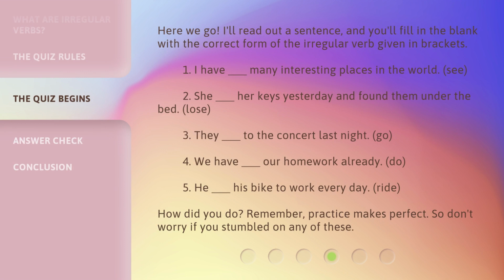Here we go. I'll read out a sentence, and you'll fill in the blank with the correct form of the irregular verb given in brackets. 1. I have ___ many interesting places in the world. (See) 2. She ___ her keys yesterday and found them under the bed. (Lose)